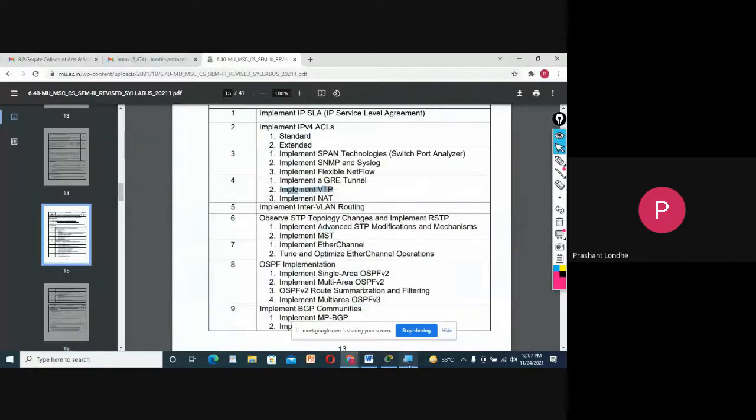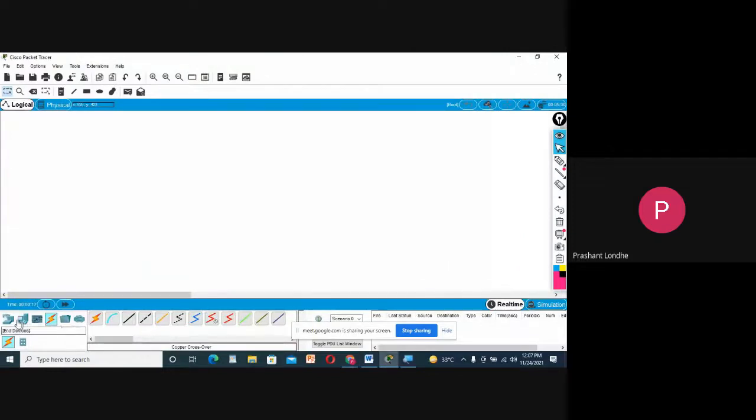Four switches, 2960. The switch number is 2960. That is the first switch. Switch number 1, switch number 2, switch number 3, and switch number 4. S1, S2, S3, and S4. I need to connect all the switches.